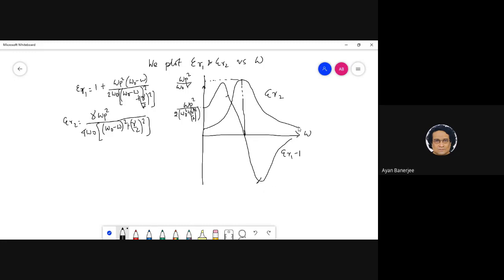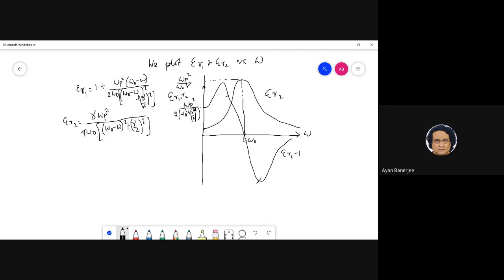is the imaginary part. So at resonance, if I look at this, what we are actually getting, I can write down as epsilon R1, R2. So you can see that around resonance, my imaginary component is maximum, and the real part, at least epsilon minus 1, is 0, right? So that has a lot of consequences, right?